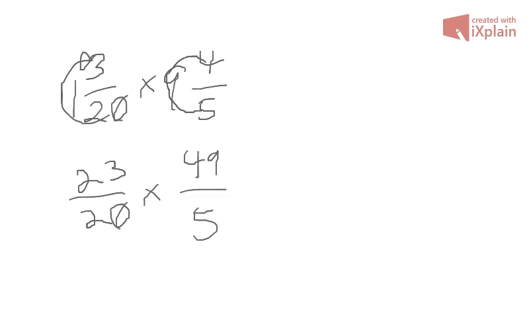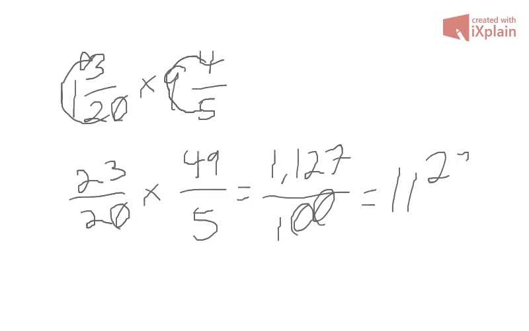All right, we multiply straight across. We end up with 1,127 over 100. And then once you pull those hundreds out of that 1,127, you end up with 11 27/100. And that answer is right there for you to pick. Okay. Then it says in the second experiment,